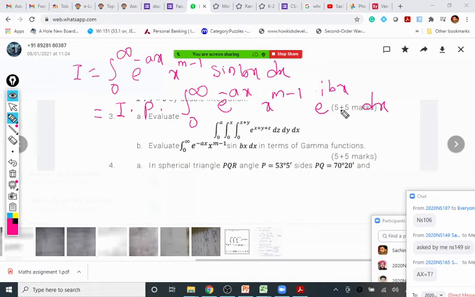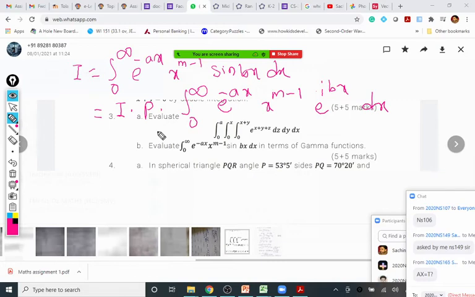Why sir, what are we doing about cos bx? What will the real part be, sir? Yes, we have written the imaginary part now because of that, so cos bx will go out. At the end, we are only taking the imaginary part. So we get this integral. Sir, so if in the question there is cos bx, we'll write the real part. Very good. Yes, nice, correct. That's the only logic.